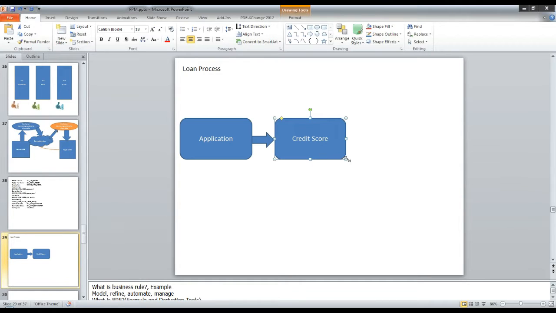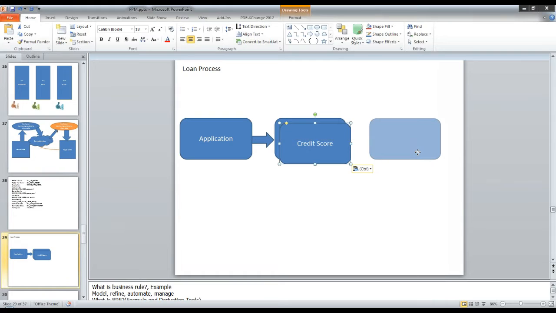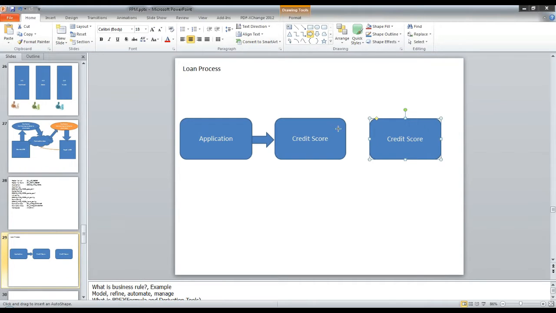Towards the end of the process, they will either reject your application, or they will accept your application and release the fund to you. Let's say in this case we are considering acceptance. So they will finally release the loan and approve the process. The process gets over here. So this is the simple loan process. Whenever somebody would like to have a loan from the bank, this is the process the bank will follow.